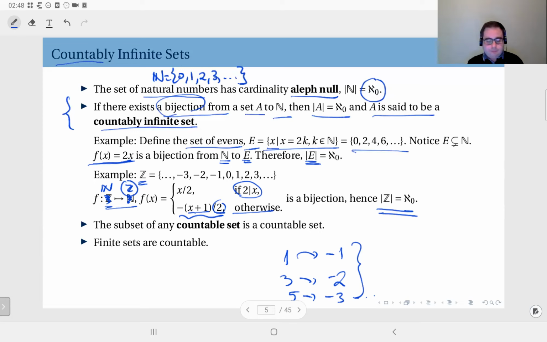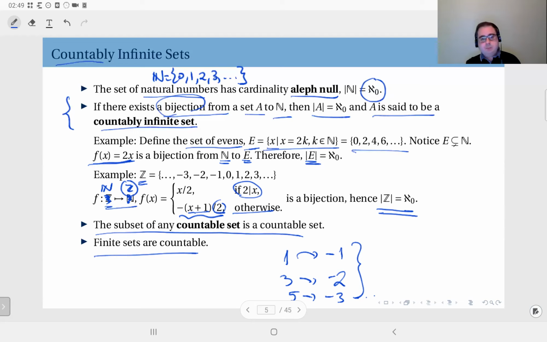Now, of course, finite sets are countable because, as I said, you can actually count and finish them in theory. However big they are, as long as they are finite, they are always countable. And the subset of any countable set is also a countable set. You cannot take a part of a countable thing and have that turn out to be uncountable. That is impossible. The subset of any countable set is always going to be a countable set.